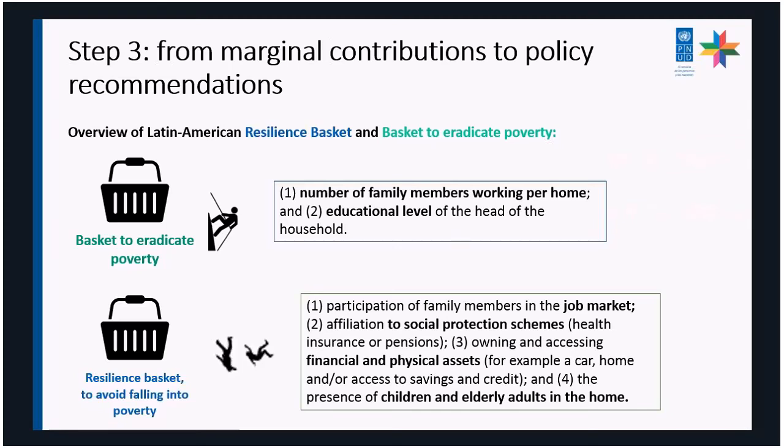The idea was to show you how to identify those significant correlates, their contributions, and how to embed this information into two broad areas of potential policies. So mainly for movements out of poverty are demographic and educational factors. And for the protection basket is mainly